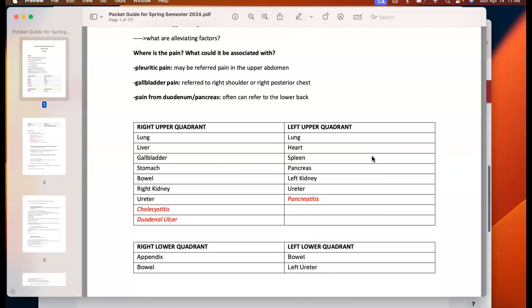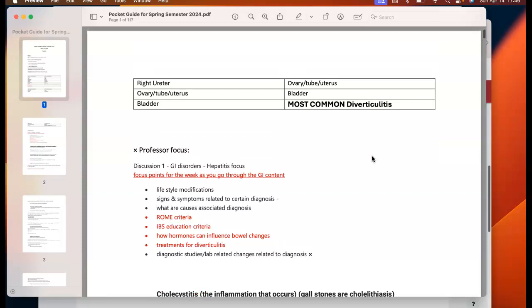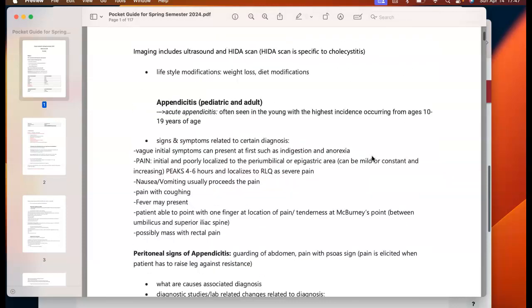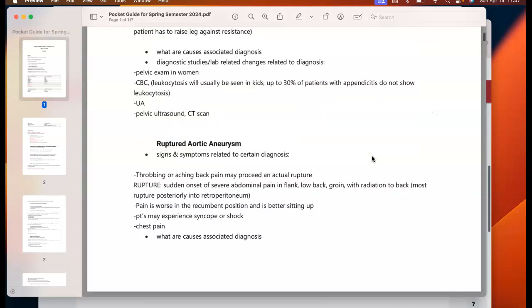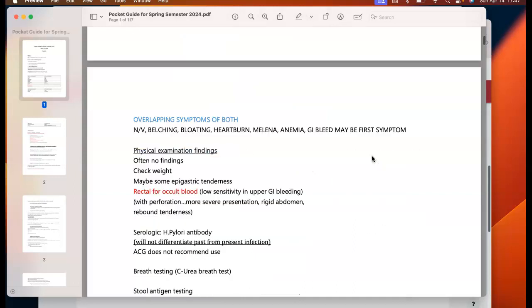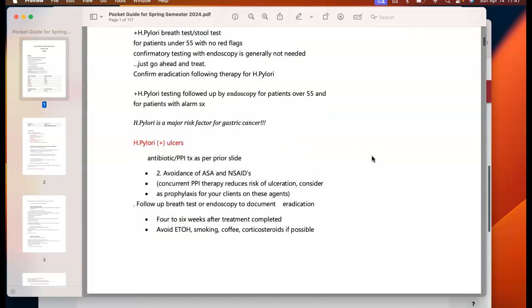And then I kind of went over the pain and where the quadrants are, and what could be inducing the pain specific to where the organ is. Then I went over the specific different conditions: cholecystitis, appendicitis, ruptured aortic aneurysm, peptic ulcer disease. I kind of went through the basics of those and put that in here as a reference,